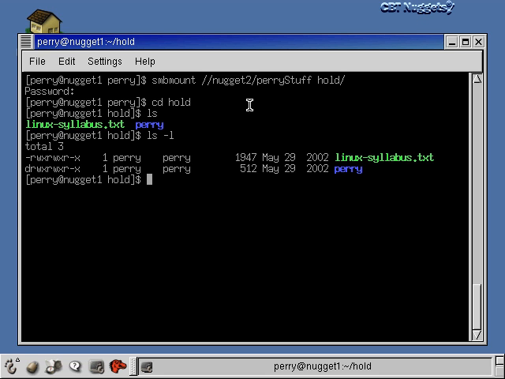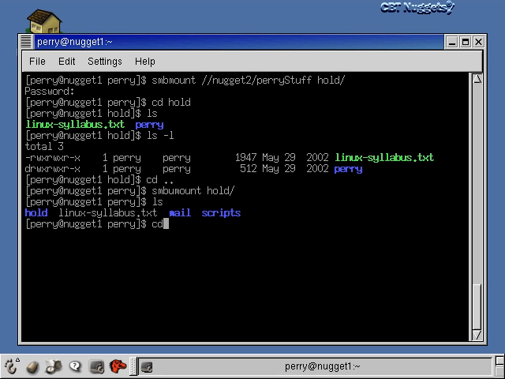Okay, and another command that you should probably know here is the Samba unmount command. So we'll get out of the hold directory so we can unmount this thing. And remember, the Linux unmount command was just umount, so this is smbumount. And we'll just say the name of the directory that we're unmounting here. And if we go into the hold directory and do a listing, you'll see it's empty now. So the link between the hold directory and Perry's stuff on Nugget 2 is gone now. Okay, there's nothing left in the hold directory. Okay, and nothing was really there anyway, right? It was always linked back to Nugget 2 Perry stuff,